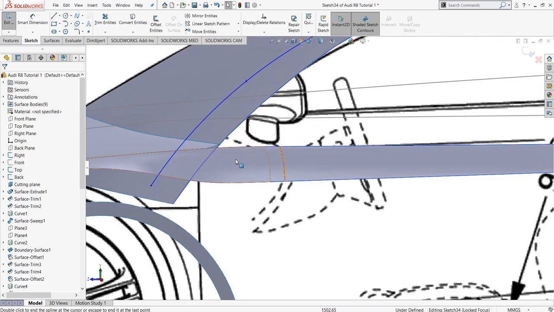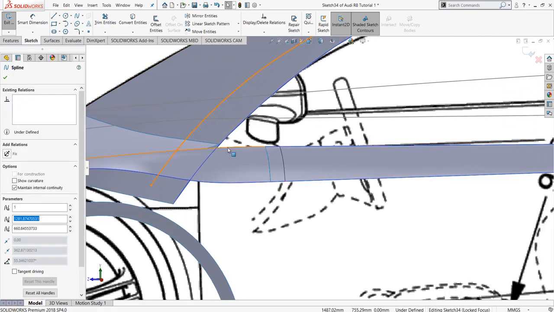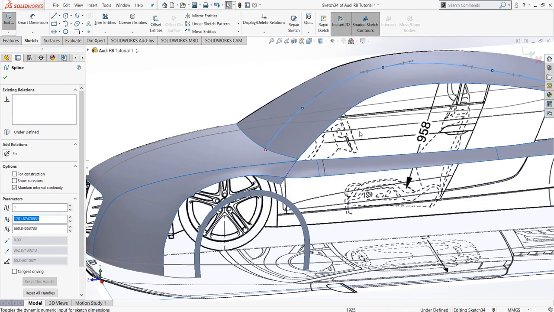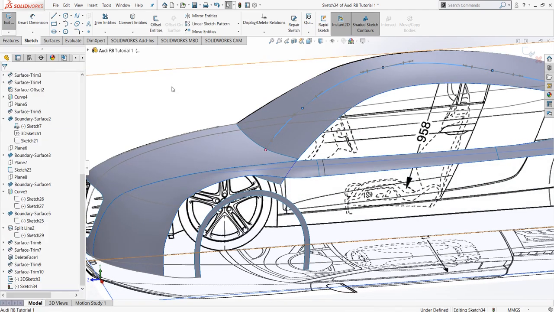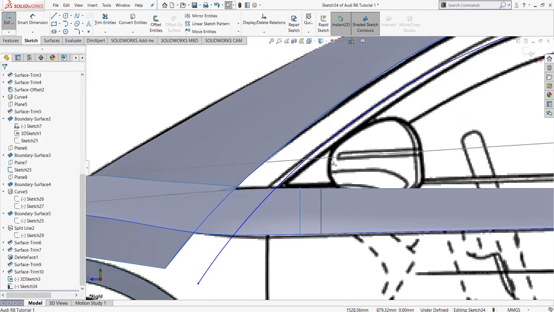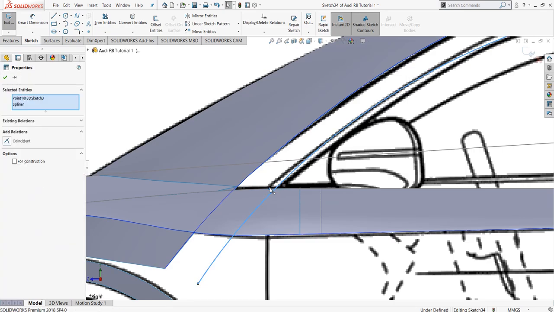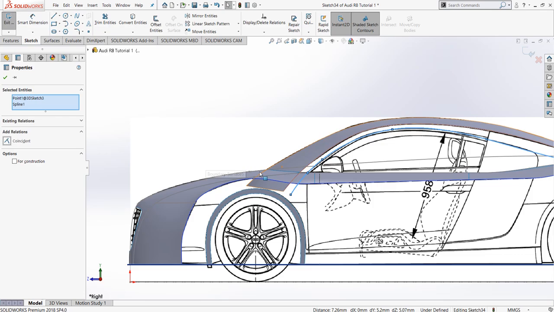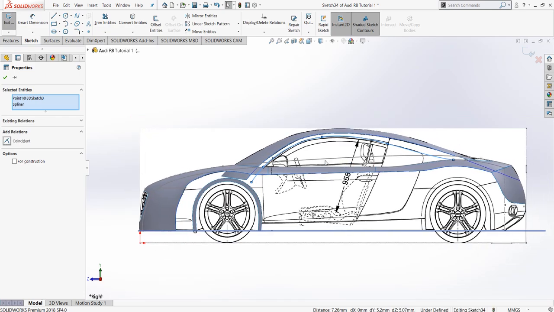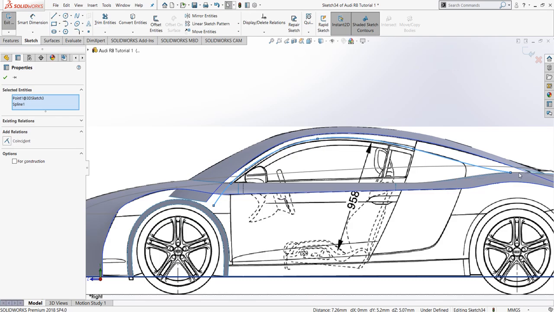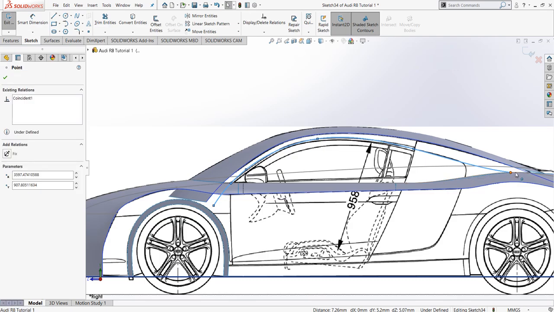Now slightly rotate your view, select this line and select this line on this point over here and give coincident relation. Adjust the curve slightly to get a superimposed profile.